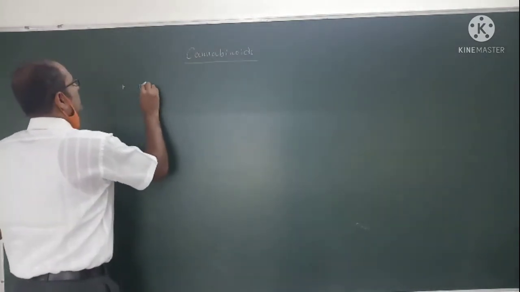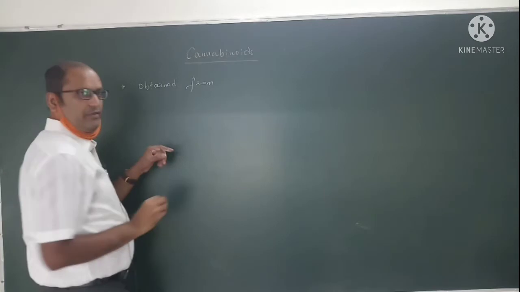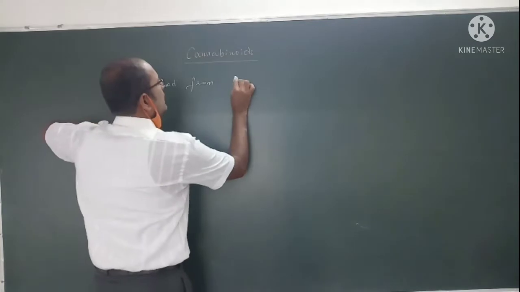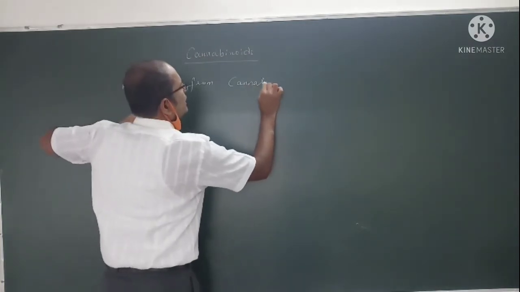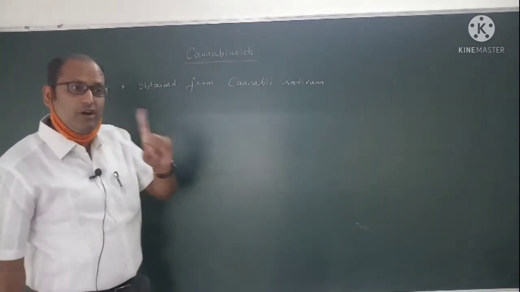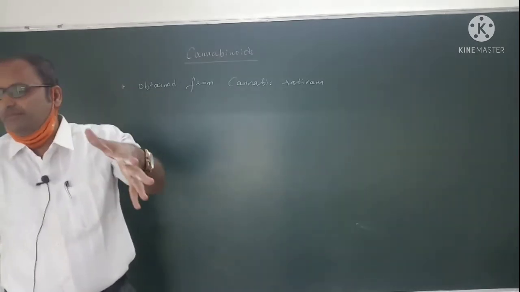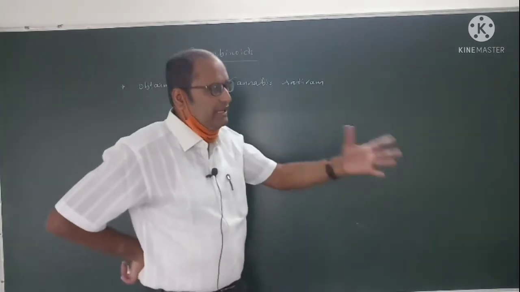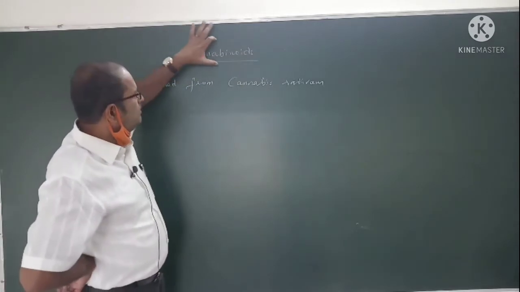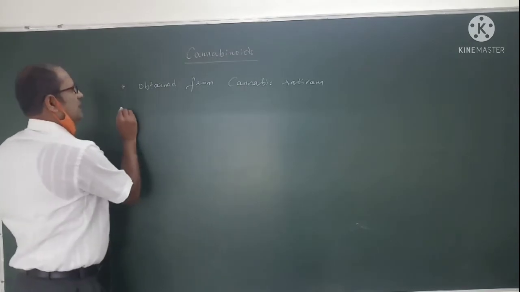Now these are obtained from, look at this word, cannabinoids. Okay, the scientific name is like this. Read this. Cannabis sativum. You would have studied in the genetics chapter, like Pisum sativum, garden pea. The same way, Cannabis sativum. Easy, no? So it is obtained from that.